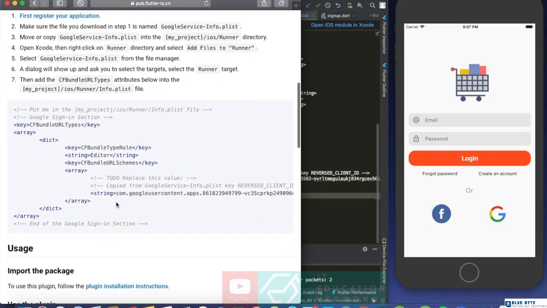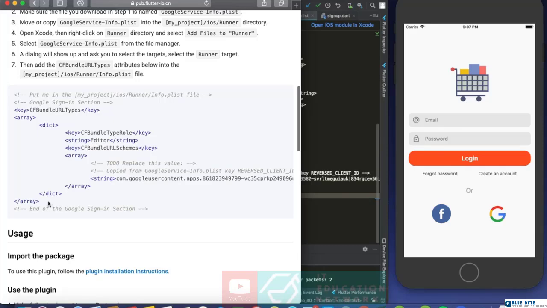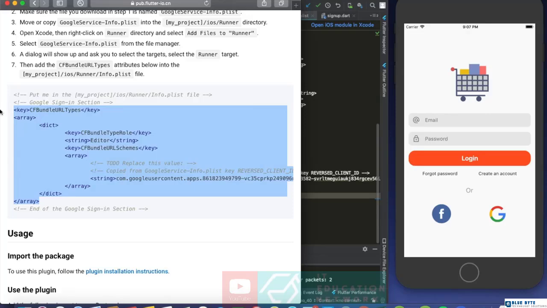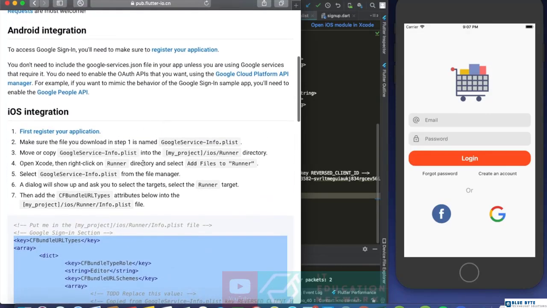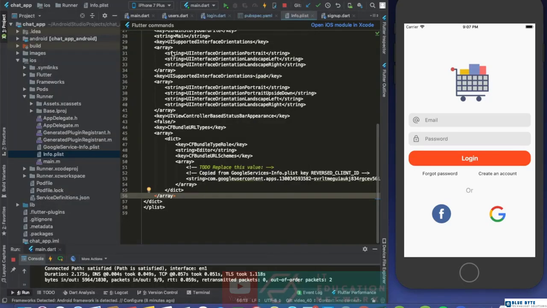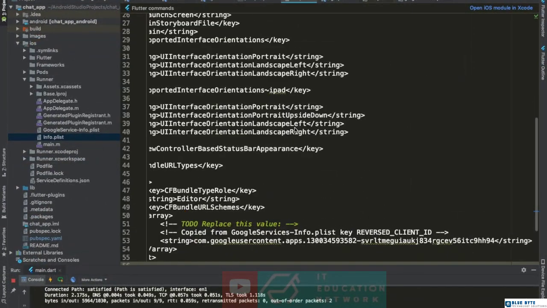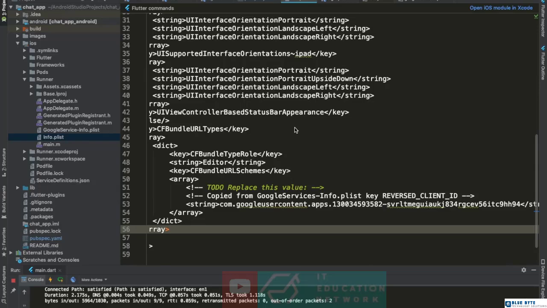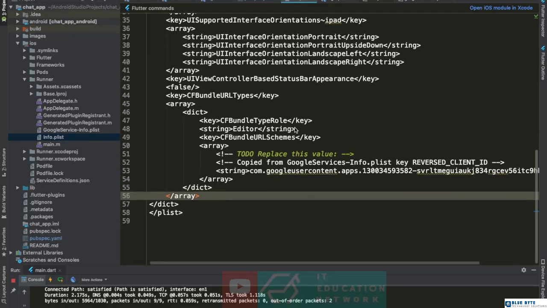And then we will want to copy this piece of code in here. And this is for configuring the Google sign in using iOS. After you have that copied, you can put this on full screen. I have it here already actually,